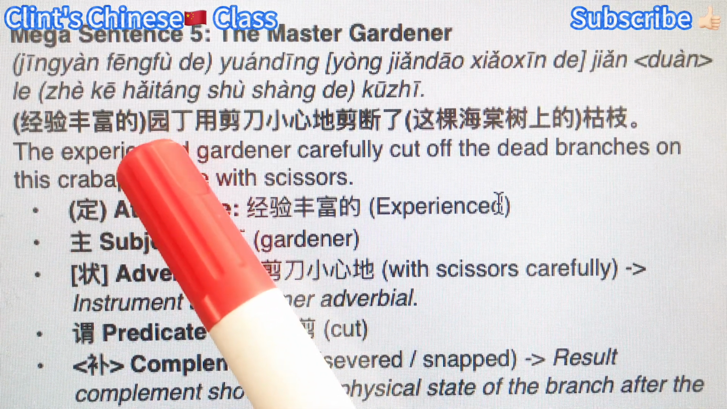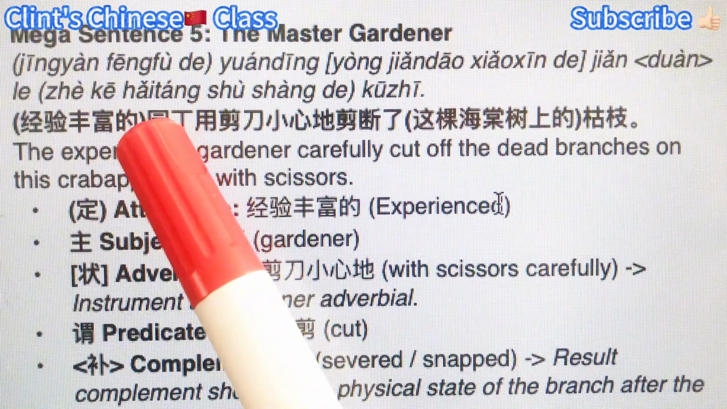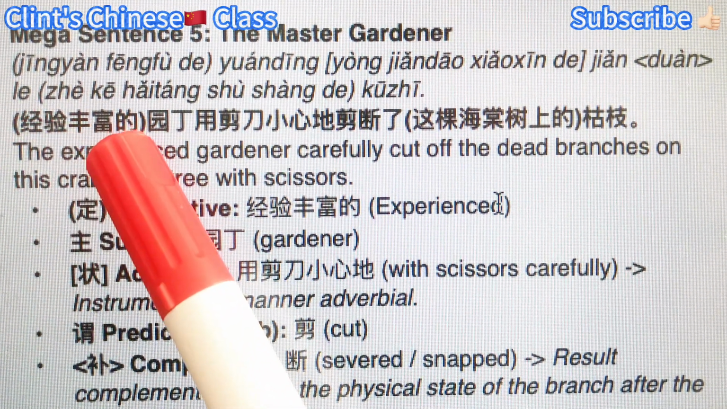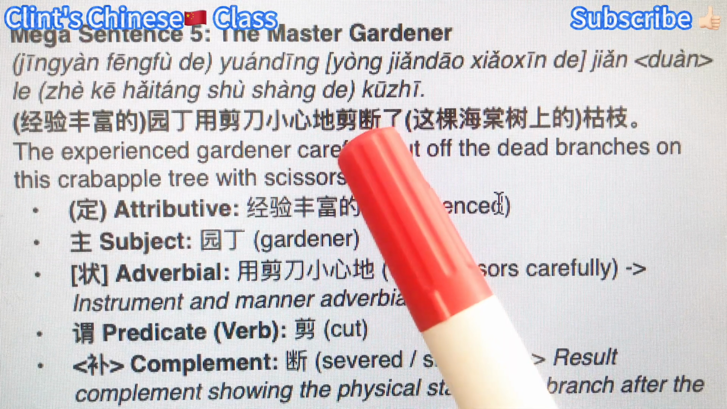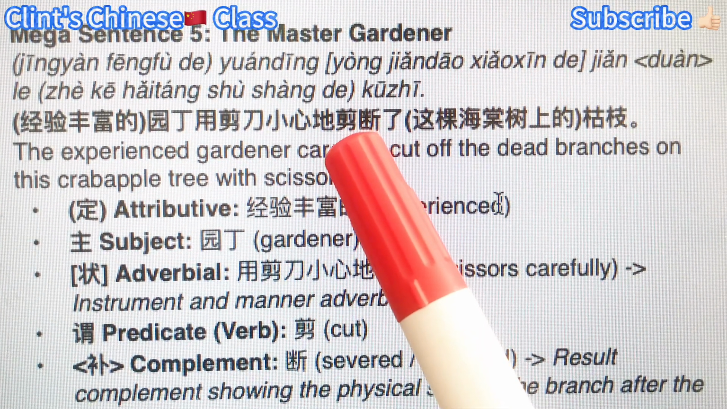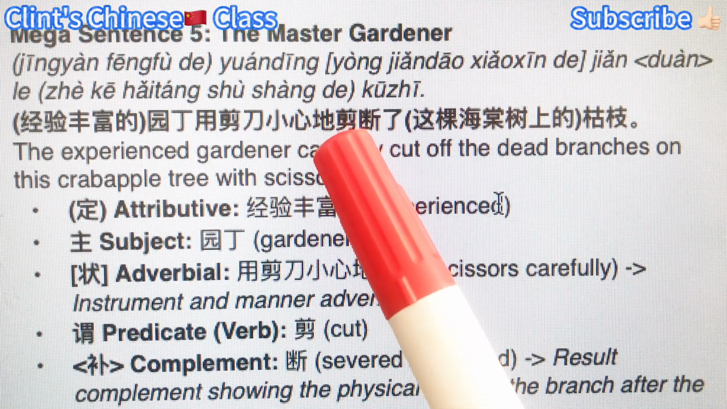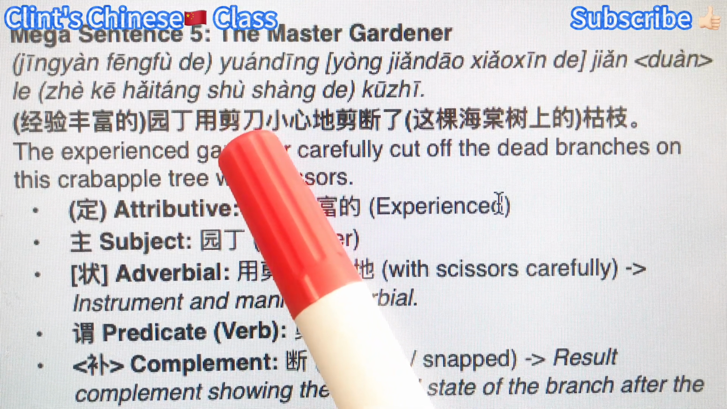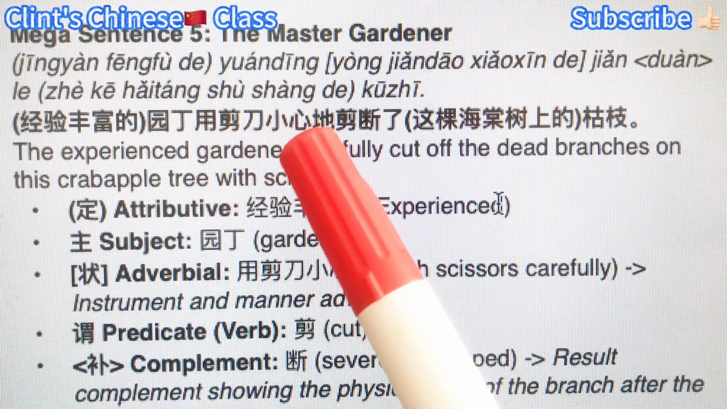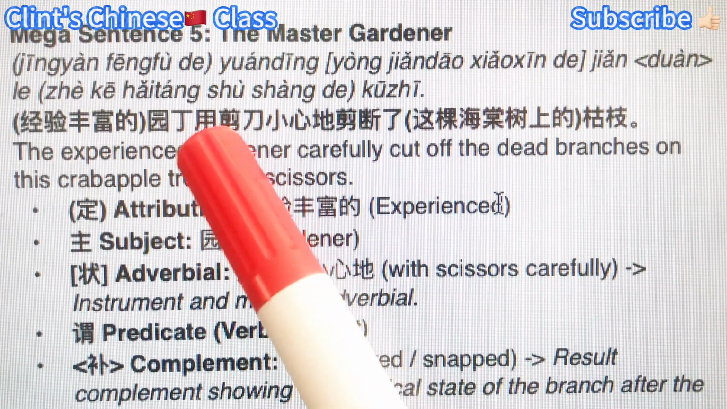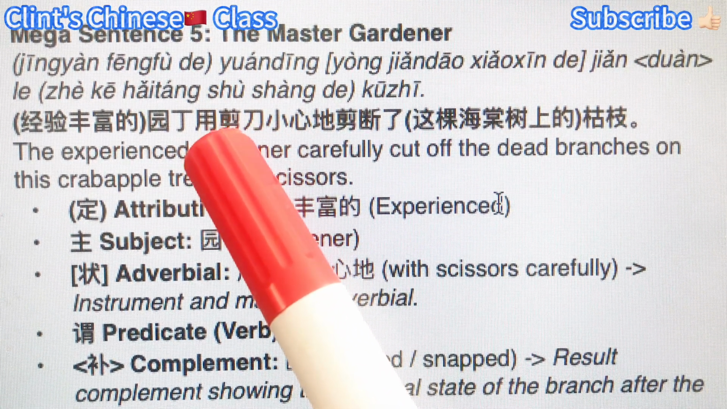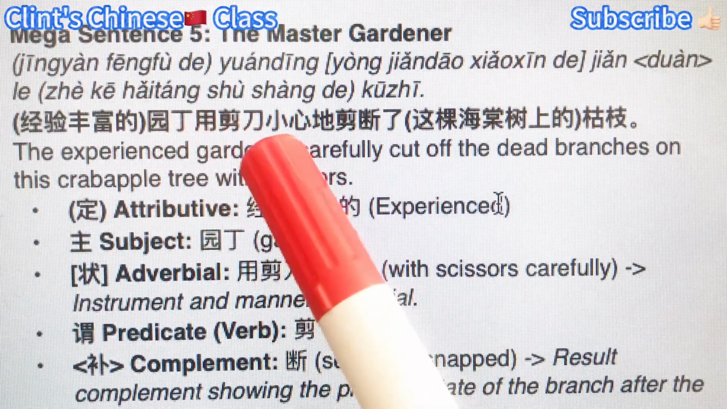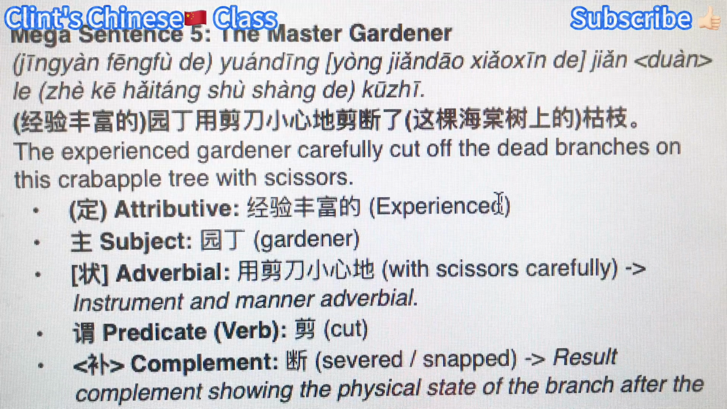Now let's describe this subject with the adjective phrase, 经验丰富的, like experienced. And then use the adverb to modify this cut, the verb or the action. Use 用剪刀, use the scissors, 小心的, carefully. So use something. This is the manner, right? The way to do things. 小心的, carefully, right? So this phrase is the adverbial